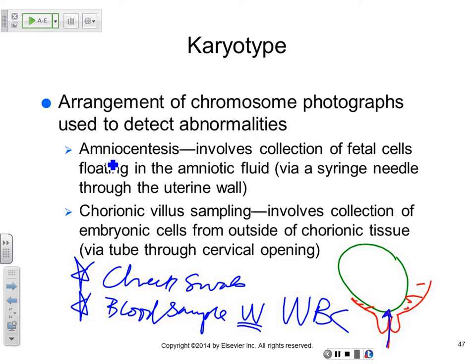Red blood cells, okay? But white blood cells are real cells. Those are the only true cellular component in the blood. The platelets are not, they're actually pieces of cells. So you need to have a nucleus in order to take a picture of the nucleus. So that's why. Okay, so you guys got it first. So just know these methods that are used to harvest cells to create a karyotype. All right, so that's good.